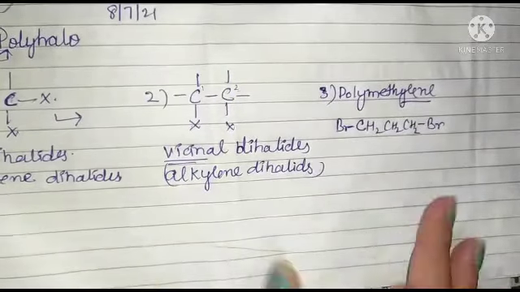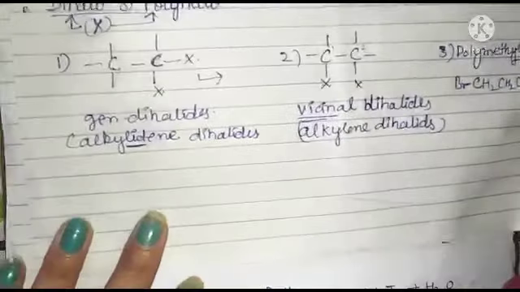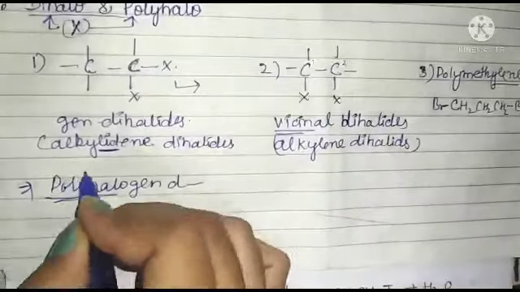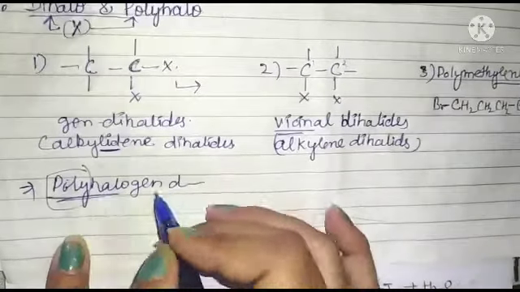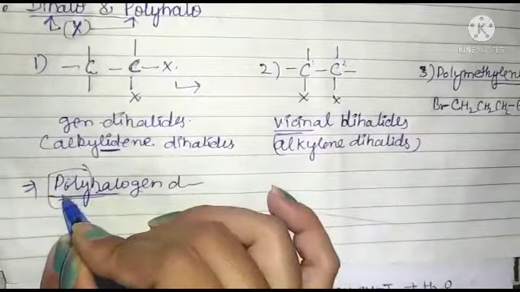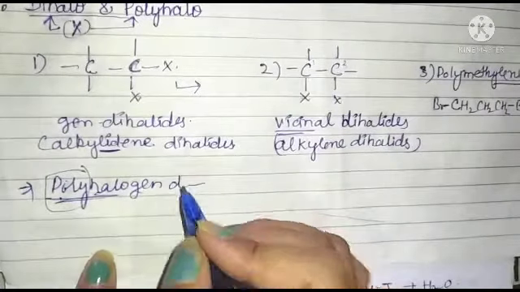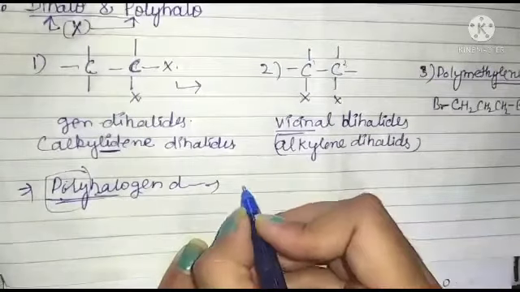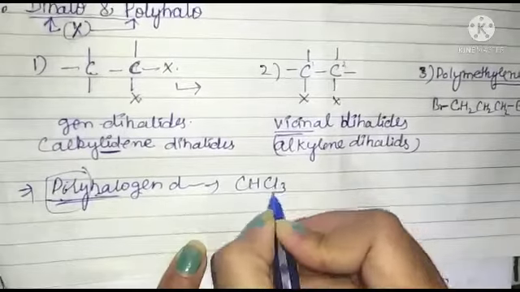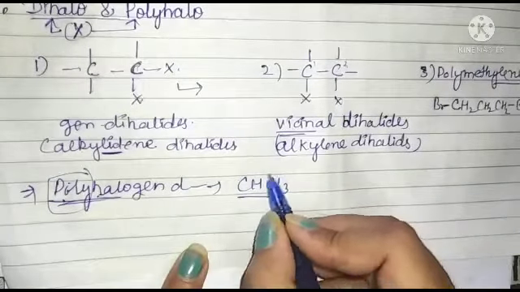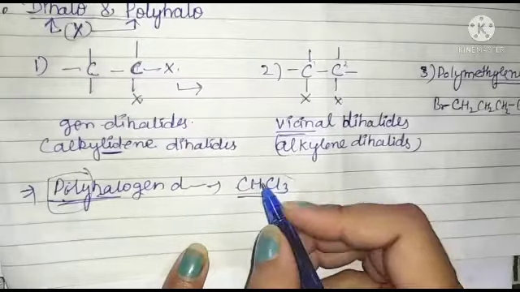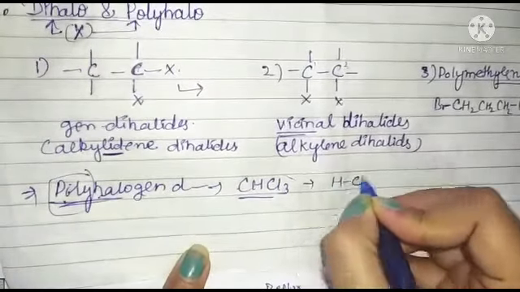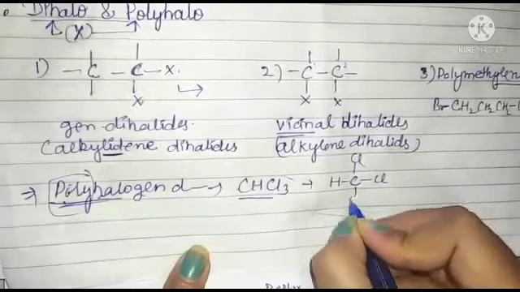Clear? So next we have one term, that is polyhalogen derivative. Poly, as the first word indicates, means a large amount of halogen is present on the compound. Okay, so its naming is by the IUPAC system. How can we write that? Like we have CHCl3. Okay, here what we have? Here we have 3 chlorine atoms attached to this carbon. Okay, so if I am writing the structure of this compound, it will be represented like that.